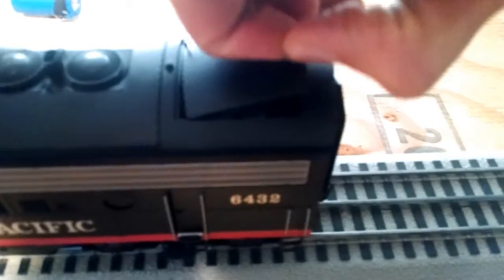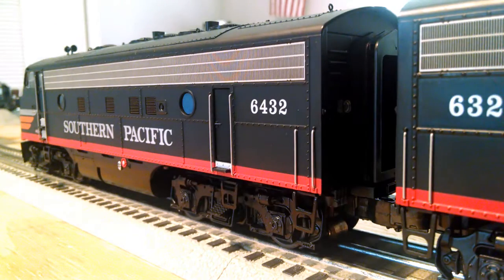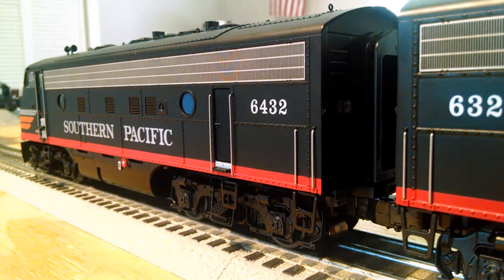That just goes back on like that. And on the dummy locomotive, it also has this, except there's only 2 switches. The run program switch and the smoke on off switch. The details of the dummy unit are pretty much exactly the same as the powered unit, except in the cab there are no crew figures. You still have some details in the cab like the chairs and the levers, but there are no crew figures